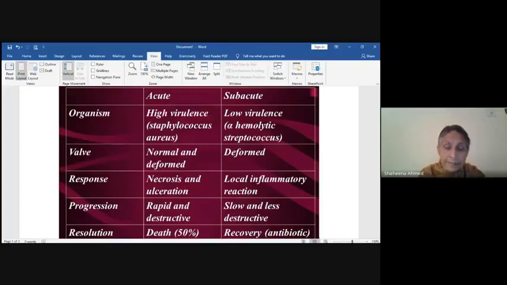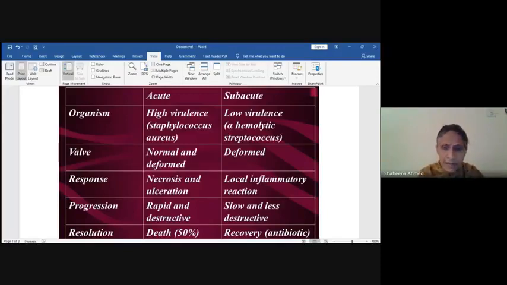Now, basically, let's see where the location of the pathology is. In dilated cardiomyopathies, it is the ventricles which are basically affected. They become dilated. In hypertrophic cardiomyopathies, it is the subaortic area, the septal area, and the anterior wall which is affected. But in dilated cardiomyopathy, it is the whole ventricle which is affected by this.